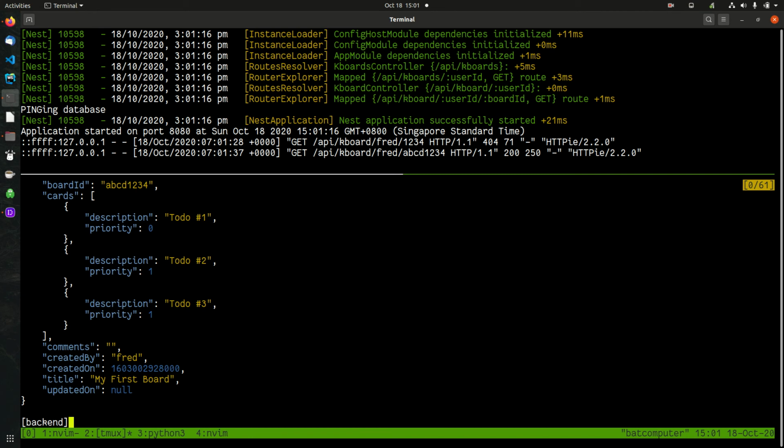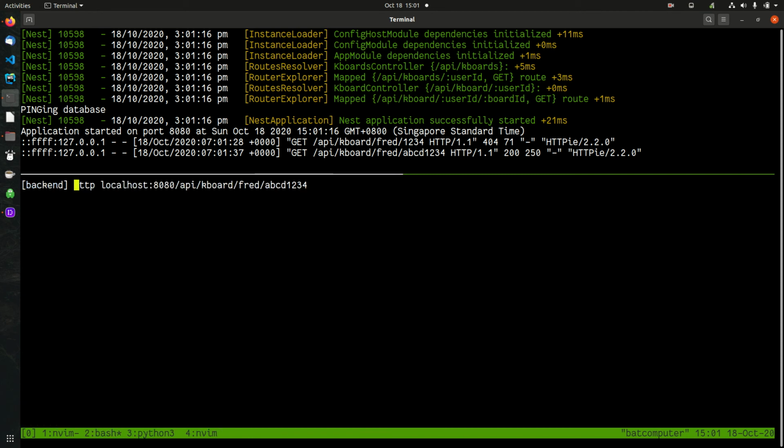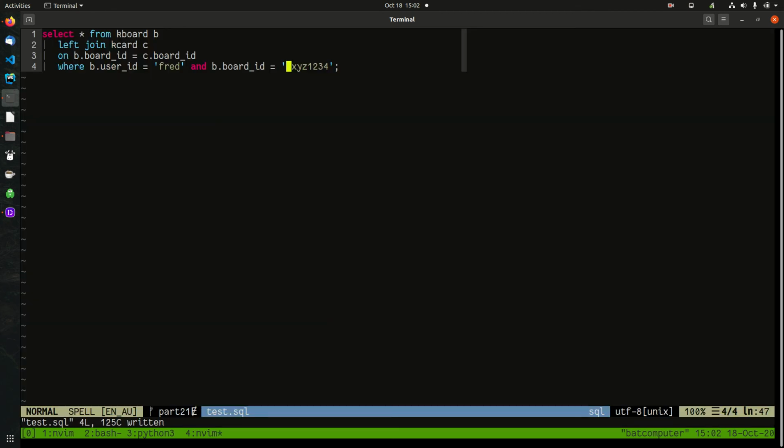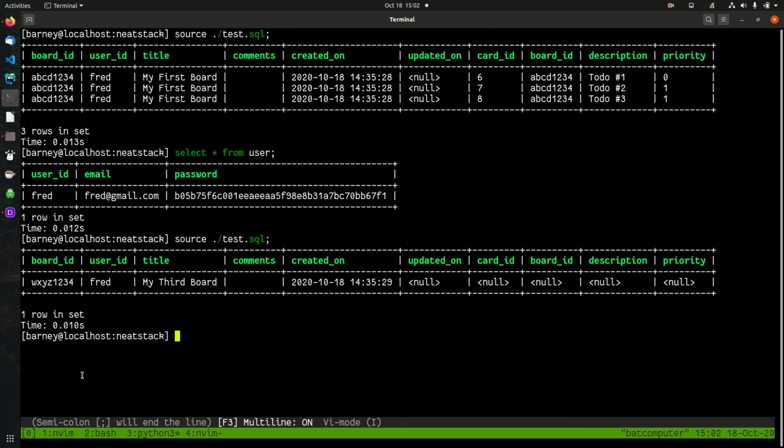Okay, so let's try another one. Let's try this: W, X, Y, Z. So notice that this one, the cards is now okay, the dates, okay. Except that notice that the board ID is now null. Okay, the reason is because of this. If you go back to the SQL result here, notice that there are actually two board IDs. The first board ID is from the kboard, the second board ID is from the cards. And the reason why we're getting null now is because